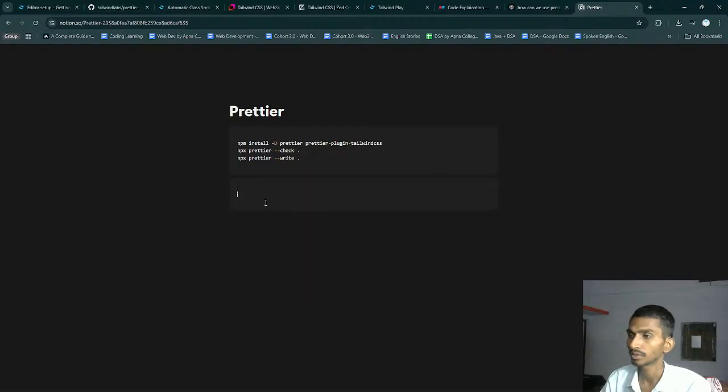Let's make the code file again. That's gonna be prettier rc, and in here I have to just write this thing down. It's already JavaScript, let's make it plugins, something like this, and the plugins are gonna be like this. It will have the value